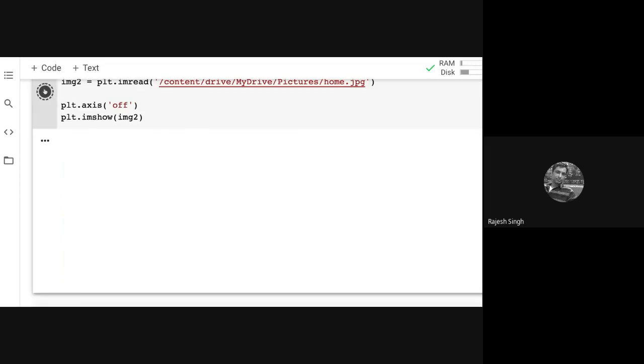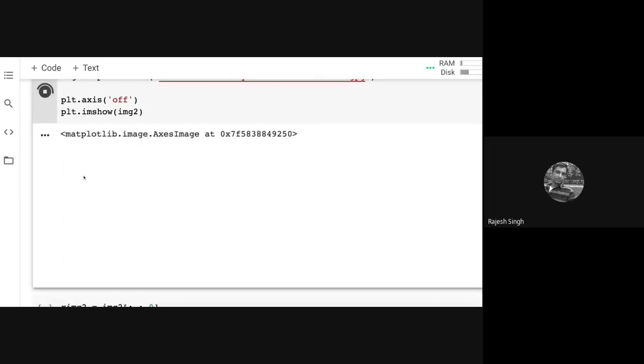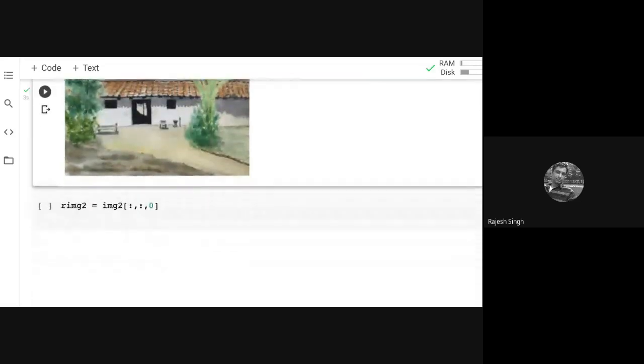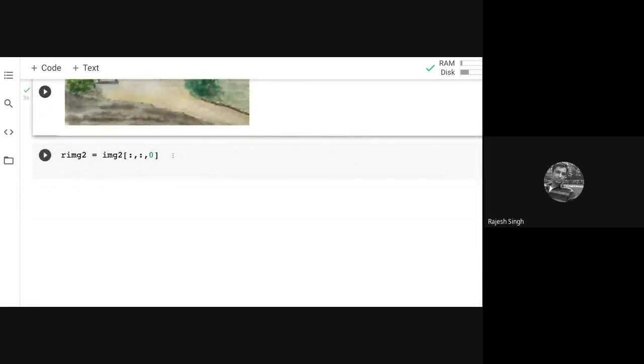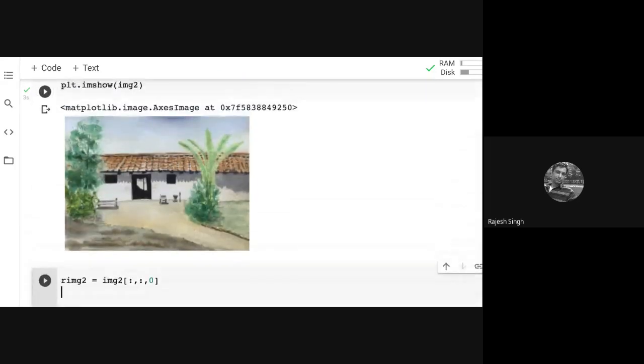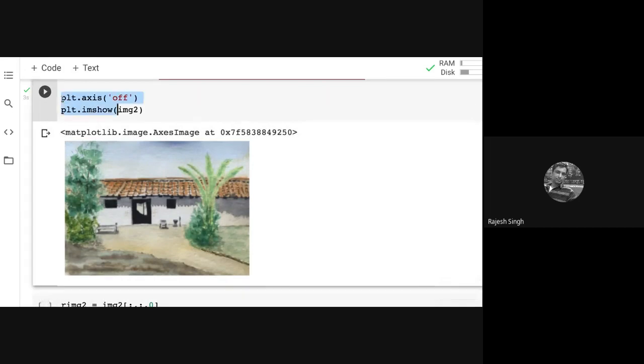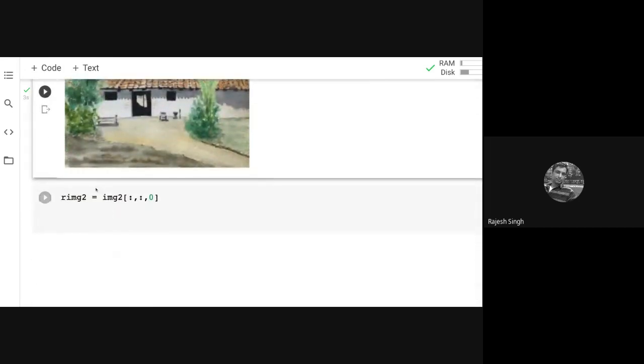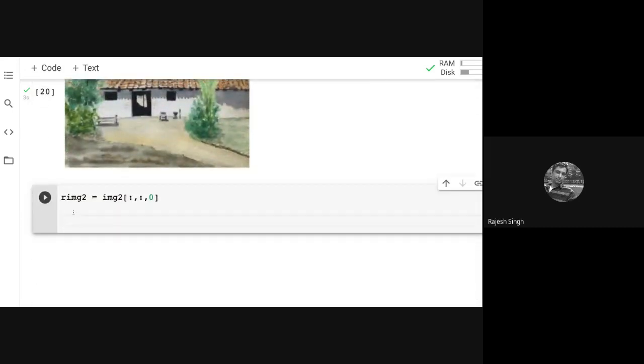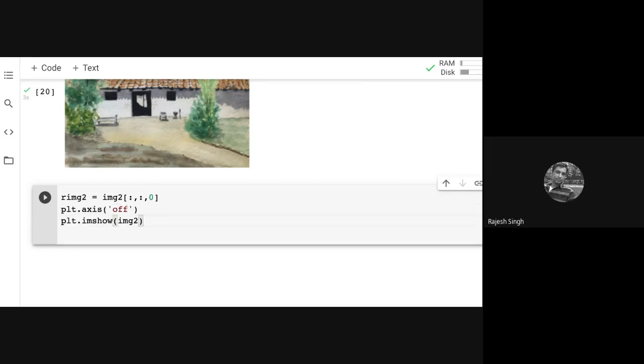Let me run this again because IMG2 needs to be running, and then I can just print RIMG2.